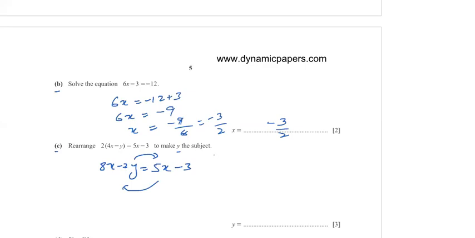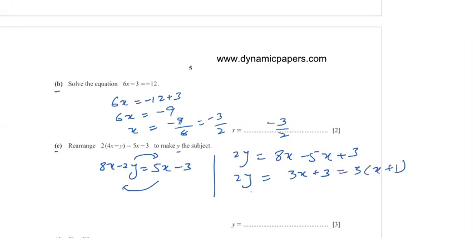So I will have 2y equals to 8x minus 5x plus 3. So 2y is equal to 3x plus 3. Take 3 common, x plus 1, and then y will become 3 into x plus 1 over 2, because 2, when we shift it to the other side, will divide. So we make the y subject. You can see now y is on one side of the equation while all other variables are constant or on